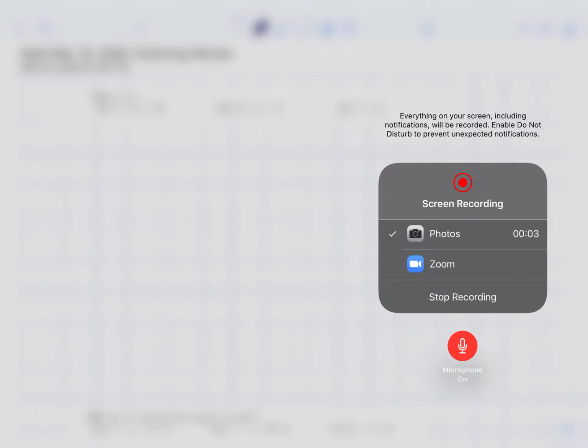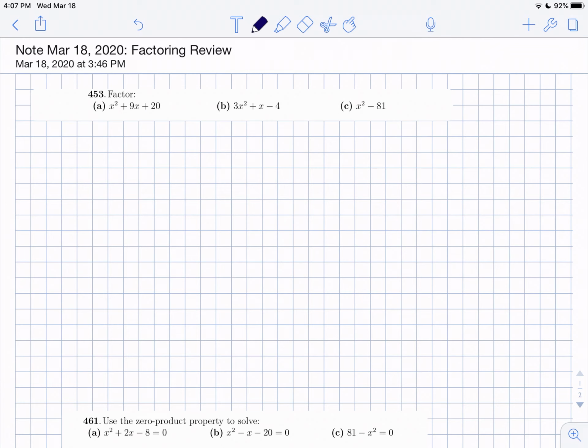Hi all. Before the break, I was really happy to read about how in your reflections you were feeling really good about factoring. I want to keep that as a strength and just review problems 453 and 461 before prompting you to go on with some more factoring. So I'm in 453. We're going to review the first, basically just three ways that we've talked about factoring so